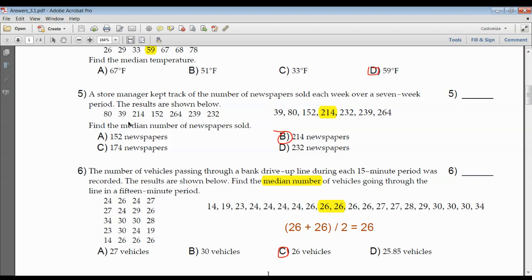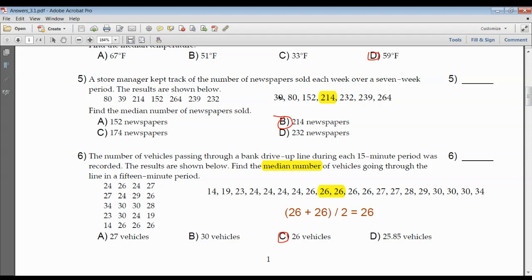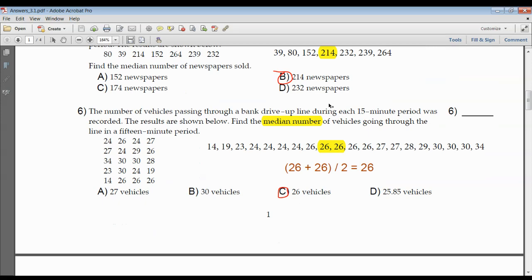all kinds of ways of doing it. You want to keep it as simple as possible, but there are multiple ways. I don't think it was a big deal taking 7 numbers and arranging them in order and finding out that 214 was the middle one. Here, maybe I would have put these into my calculator and had it give me 26 for the median. What I did was just to write the numbers all down and put them in order,